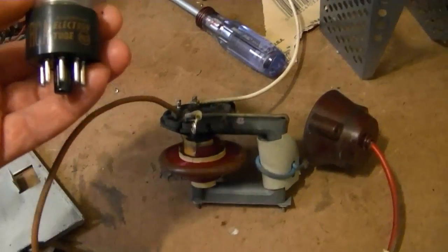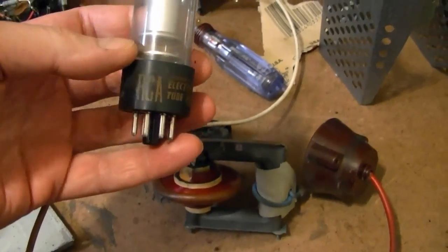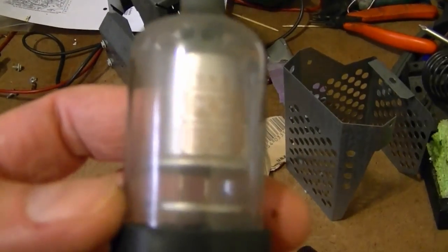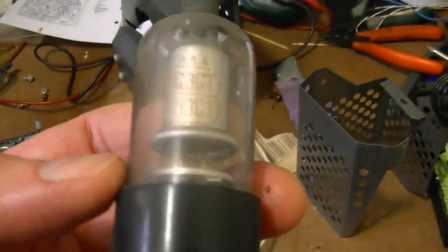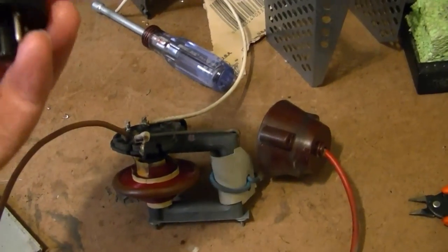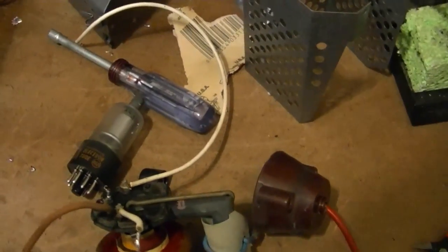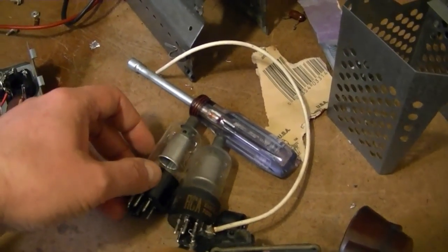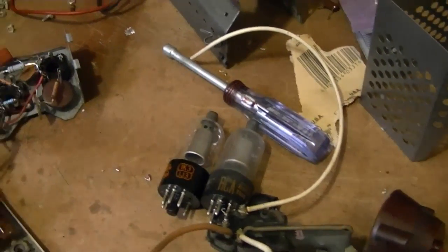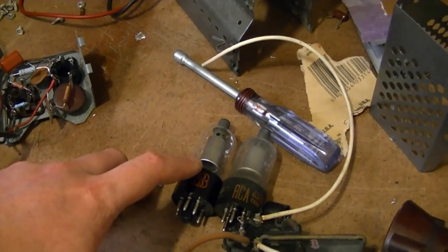I figured while I've got the flyback out, I might as well inspect the high voltage tube while it's easily accessible. So I popped it out and it turned out to be a 1G3/1B3, but the schematic calls for a 1J3. Well, I looked up the specifications on both and they're darn near identical. Same filament voltage, same filament current, same peak maximum voltage,